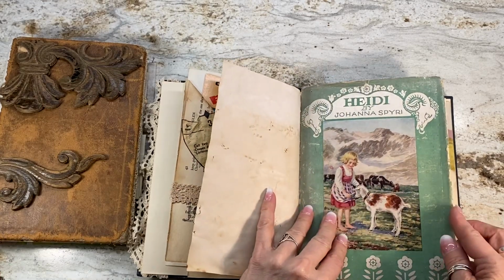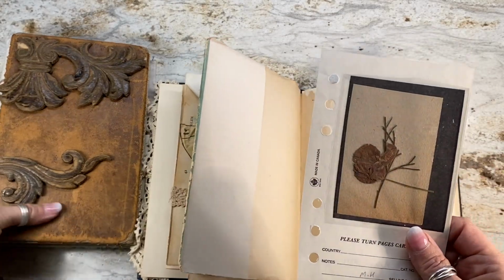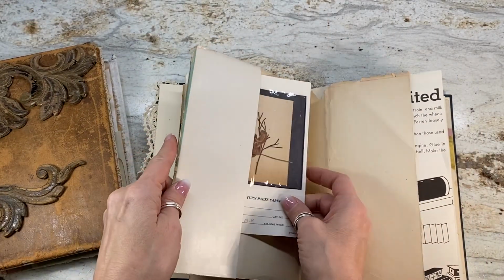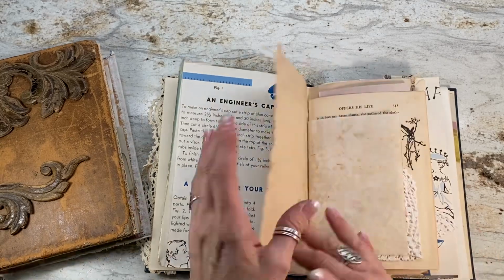That is the original jacket cover from this book here, and then these were some pressed flowers found, which is odd, in this book. So into the 1800s. I don't know how old they are, but they live here now. There we go. Okay, and just a children's craft book here from the 50s,